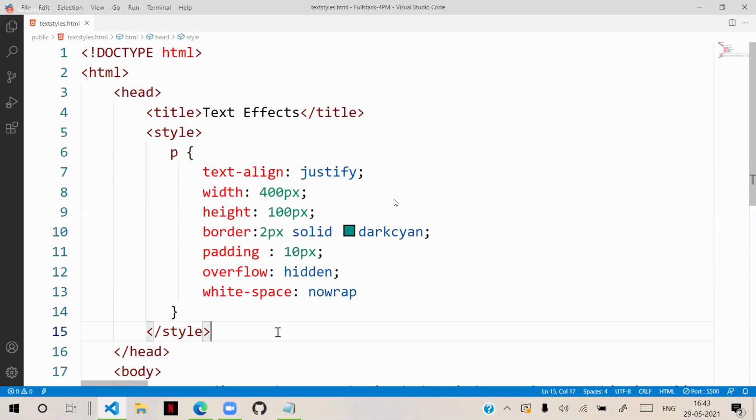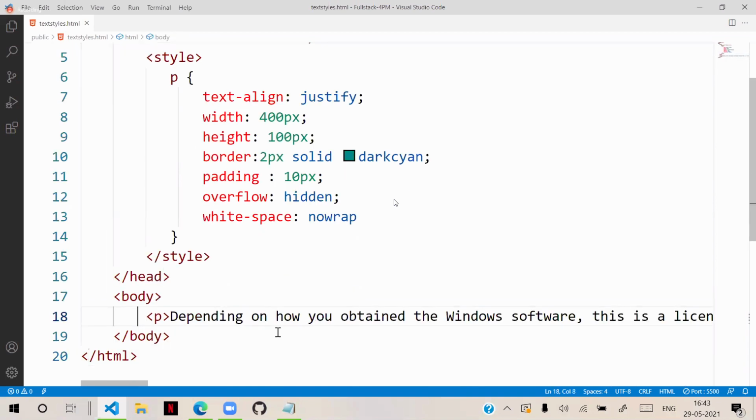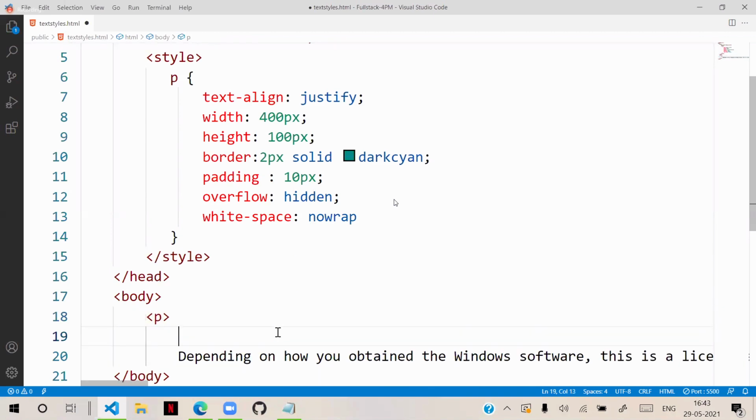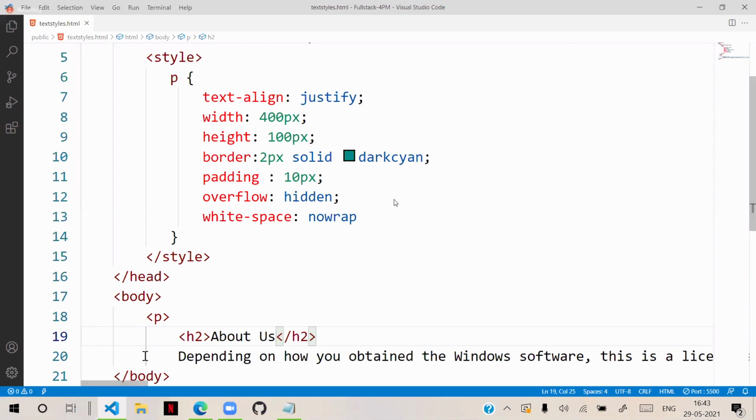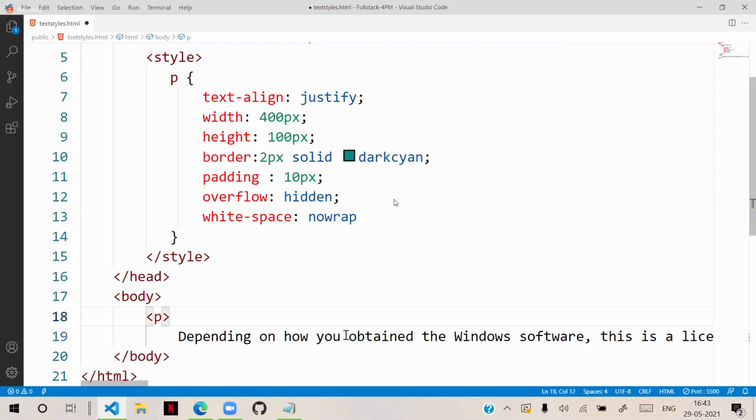Suppose you have some heading configured inside the paragraph itself, like about us. It will display as a separate heading, right? So just leave it up to this.